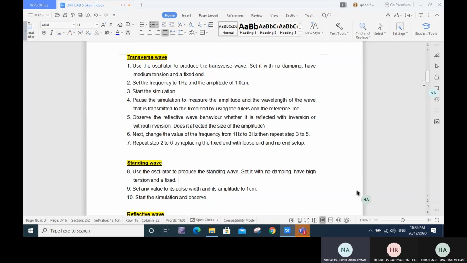And then we change the value of the frequency from 1 Hz to 3 Hz to observe how the frequency affects the waves. And after repeating the process, we replace the fixed end with a loose end and no end setup. And then for standing wave,